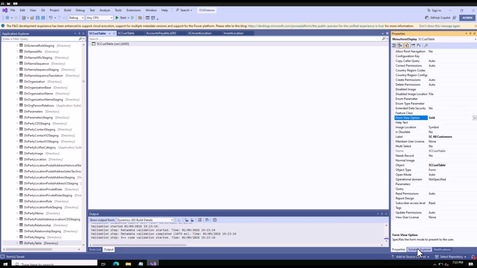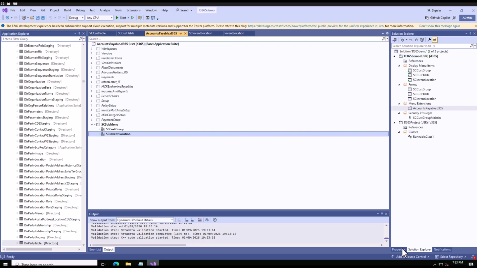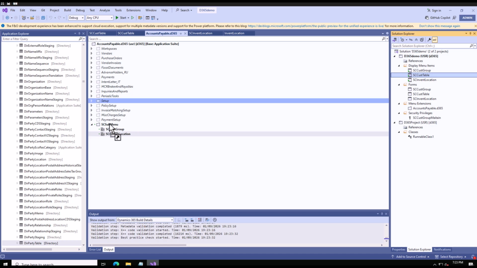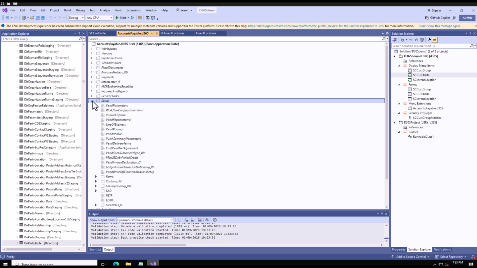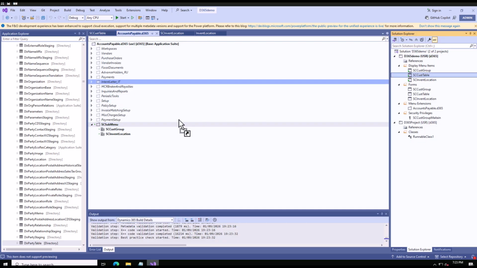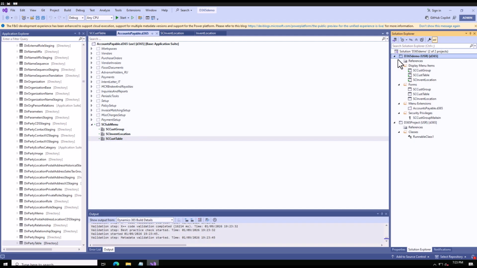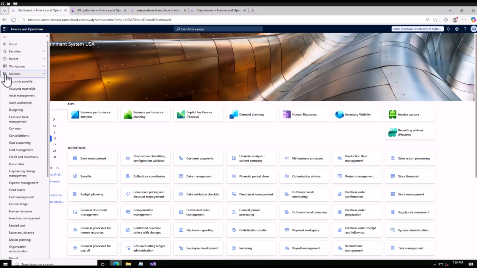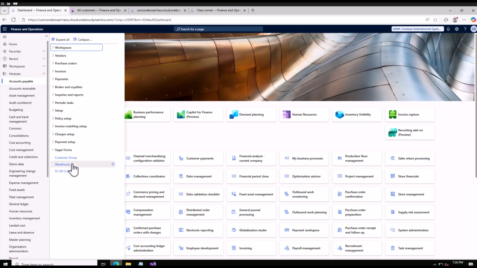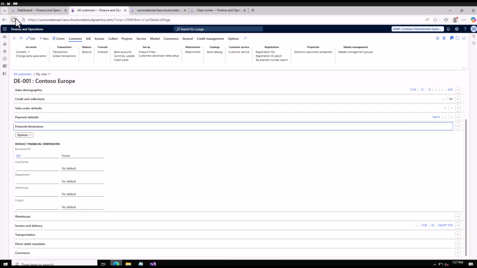And now once this is done, I will need to add it to my menu extension. So I'm going to drag my menu item, that is this table one. Again, let me drag it again. Okay, and I will build it now. So guys, the build is completed, and now I will go to front end. Here you can see all customers is here. So I'll open this form,